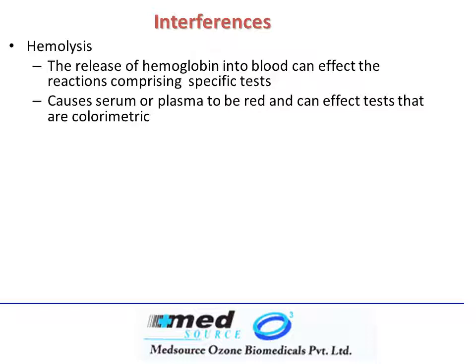A is hemolysis. Hemolysis means that the hemoglobin from the blood is released into the serum or plasma, and this is a red colored compound. So the whole serum or plasma becomes a little bit pinkish or reddish, and this has an impact on the overall results because the sample itself has a certain color which can cause artificially high results.